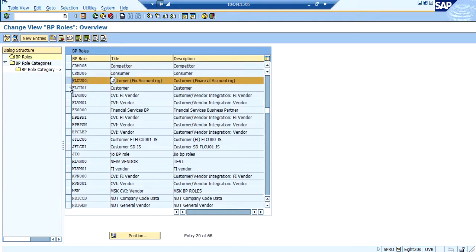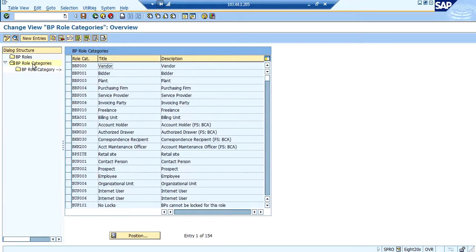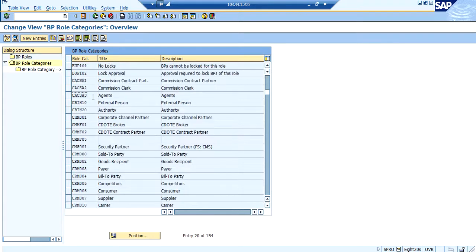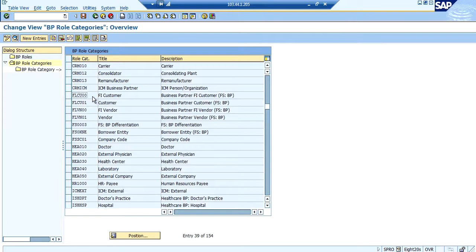For example, these are the standard business roles for customer master, and these are the standard roles for vendor master. For vendor point of view, if we select this one and double click on business role categories, we can see a lot of business role categories that already pre-exist.